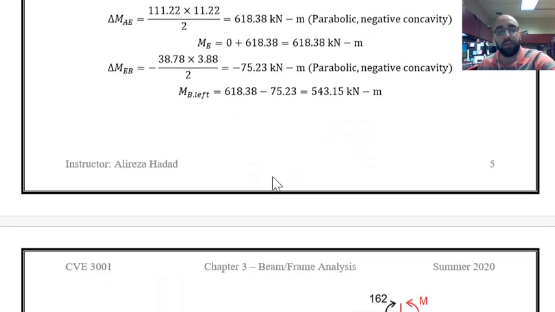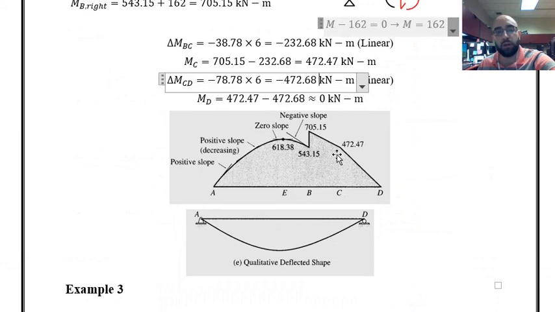And since we have a positive bending moment along the whole length of the beam, it should be a positive concavity or upward concavity like a ball during the whole length of the beam. And this is the situation for the qualitative deflected shape of the beam. So this was the second